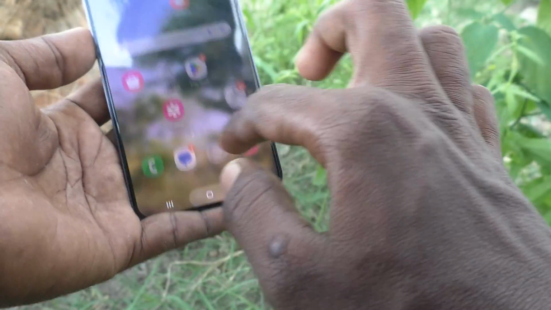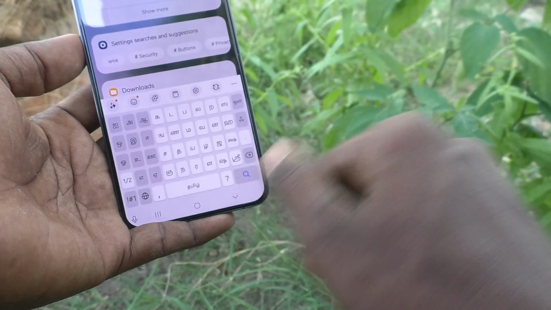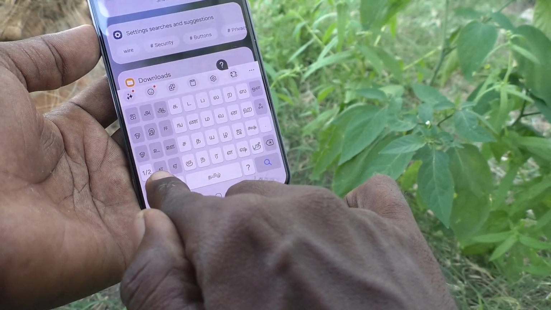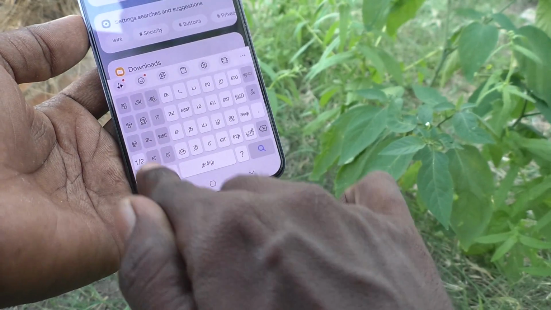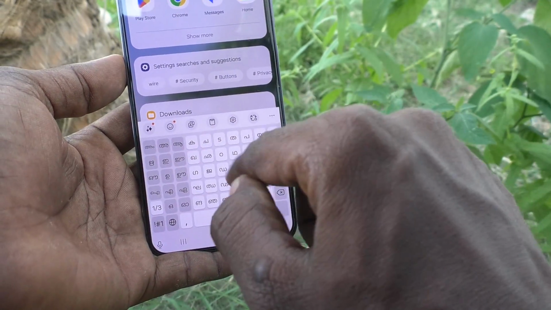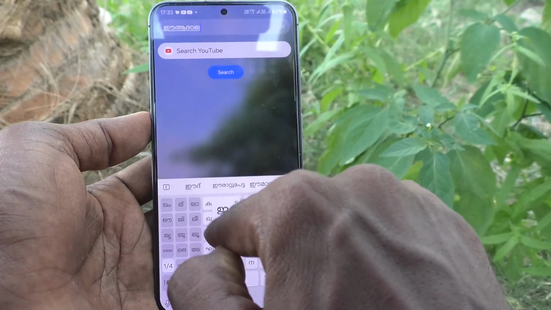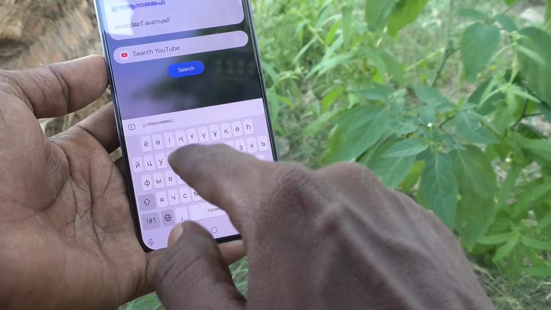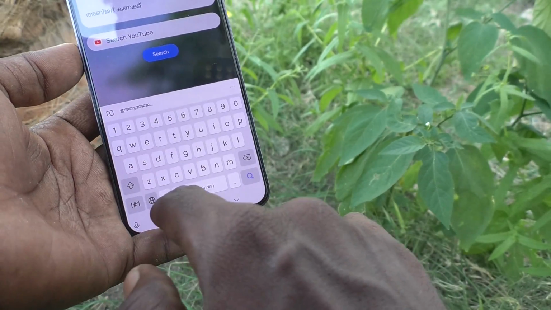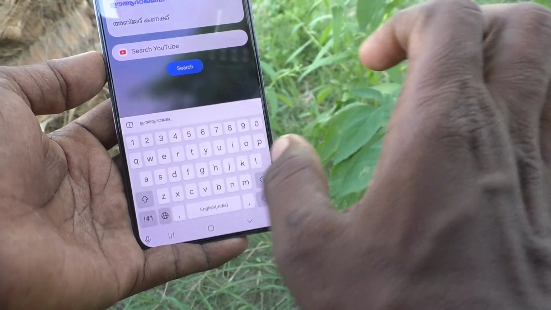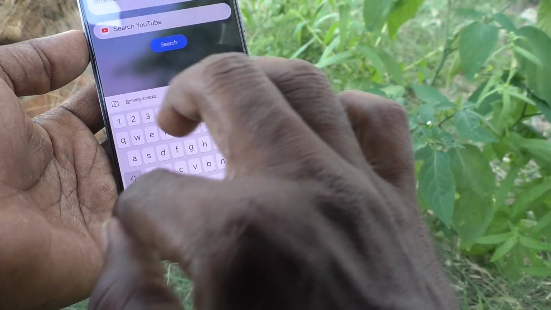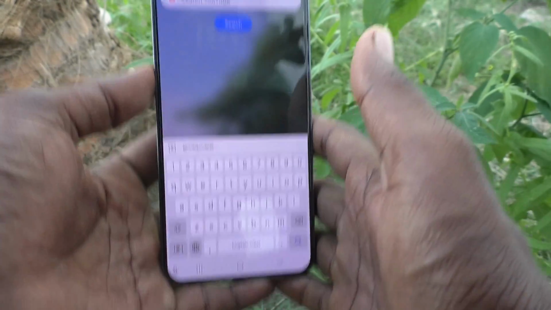Okay, suppose if you want to use another language that you added, again you have to press this global symbol and it will now change to Malayalam. I type in Malayalam now. Okay, if you again click, another language will appear. Okay, so in this way you can easily switch between language using this global symbol. Okay, so in this way you can easily add language and use the language